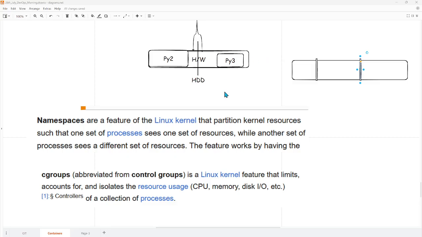Have you ever observed that stopping a process and starting a process takes much less time compared to the whole operating system? If you shut down and reboot your machine, it takes a good amount of time. But you just stop a process, start a process, and it takes a fraction of a second, right? So that is why containers become very fast.